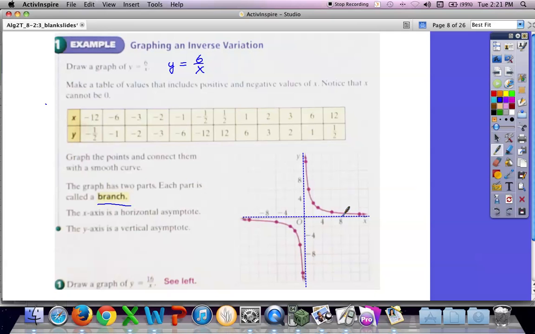Right, so the equations for these, which we already know because we've done these before, this is x equals 0, this is y equals